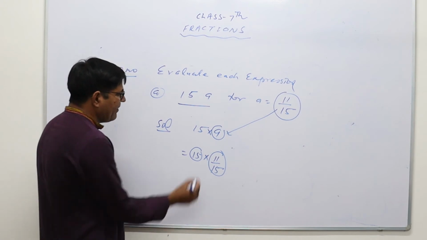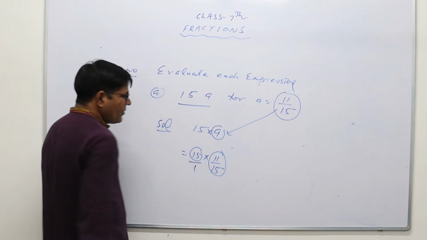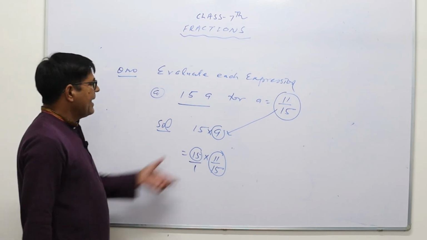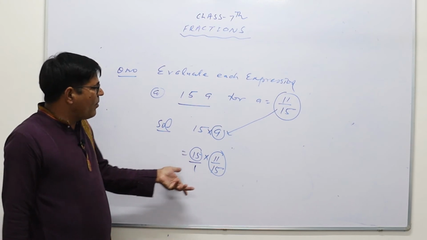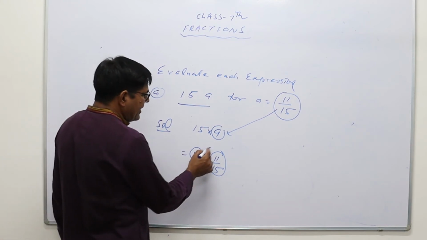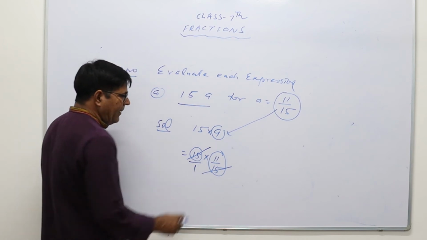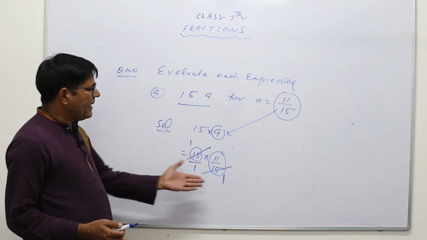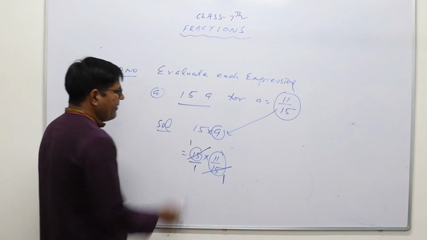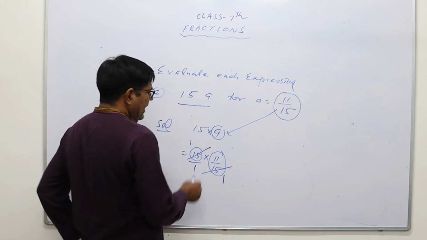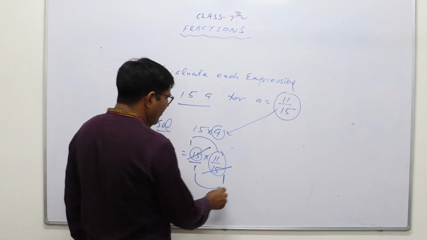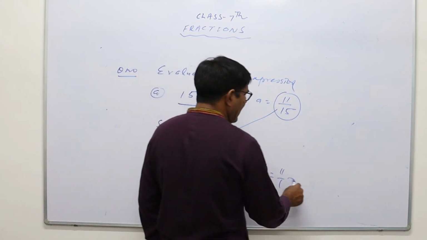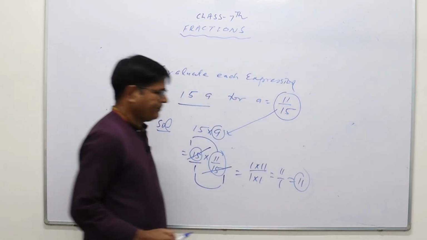How will we multiply? We will write this 15 as a fraction. So 15 upon 1. Every whole number can be expressed as a rational number in the form of a fraction. Now see, in the multiplication, this 15 will be cancelled out by 15. 15 ones are 15, that is, in numerator and denominator they have 15 as a common factor. So they will cancel out by 1. Now numerator 1 into 11, denominator 1 into 1. So 1 into 11 upon 1 into 1, that is 11 upon 1. So your answer is 11.